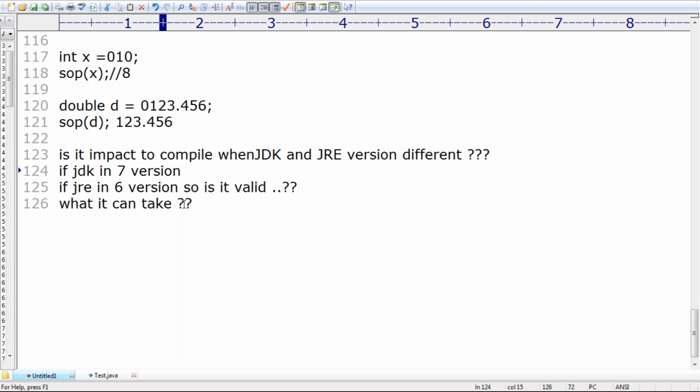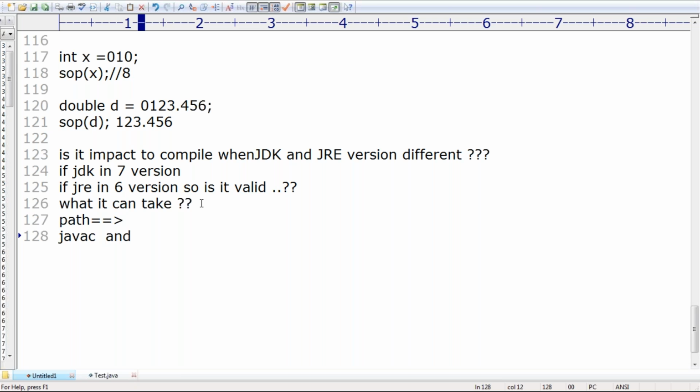Very simple. In your system, whatever you install, based on your path, that is going to be considered. Just observe that, based on your path, it is going to be considered. Remember that first point: what path you set, based on that, it is going to be considered. Point number 1. The second point is, in your system,